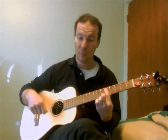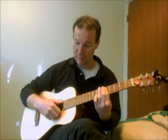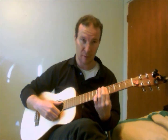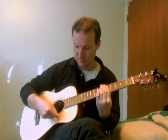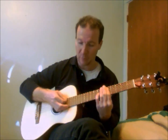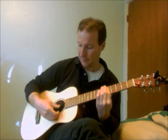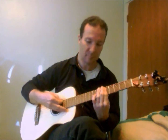Your C chord is done with your finger directly, preferably your index finger, strongest one, across the first 5 strings. And you'll only play the first 5 strings again to get a solid sounding C chord. You could do all 6 if you wanted. You have to finger all 6. It takes a little more strength, but you get a more solid sounding C chord right there at the 5th fret. Index finger on the 5th fret,